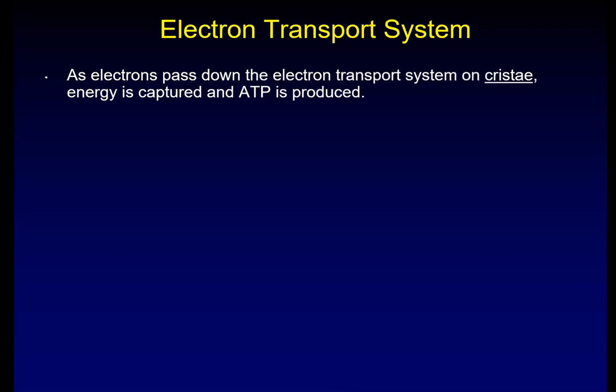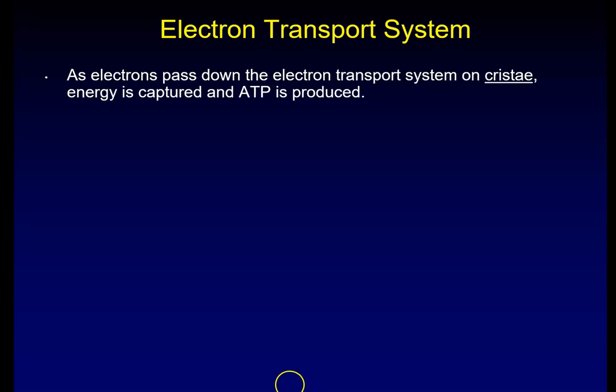All right, so we know as electrons pass down the electron transport system on the cristae, energy is captured and ATP is produced. I have a separate video showing you exactly what's going on at the cristae, but we're going to go through these PowerPoints and hopefully you will go find the video on chemiosmosis and it will explain and show the drawings of this in detail. But anyway, okay, so we said as these electrons pass down the electron transport system, they